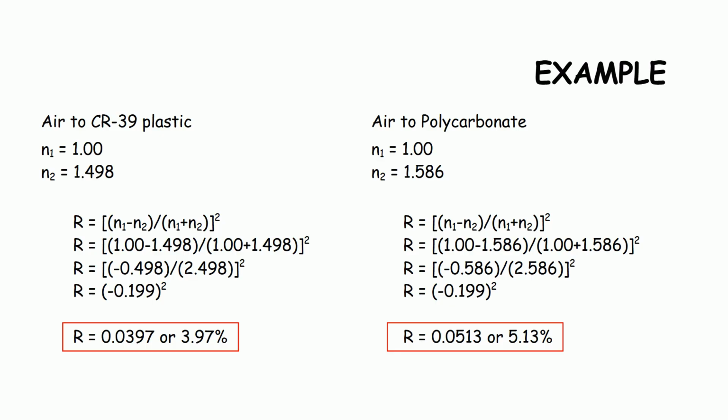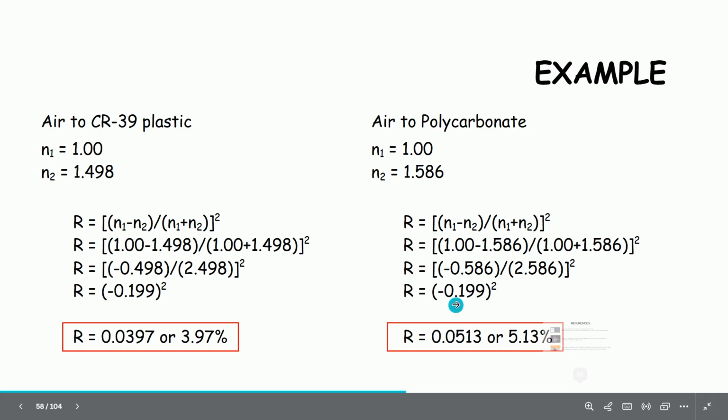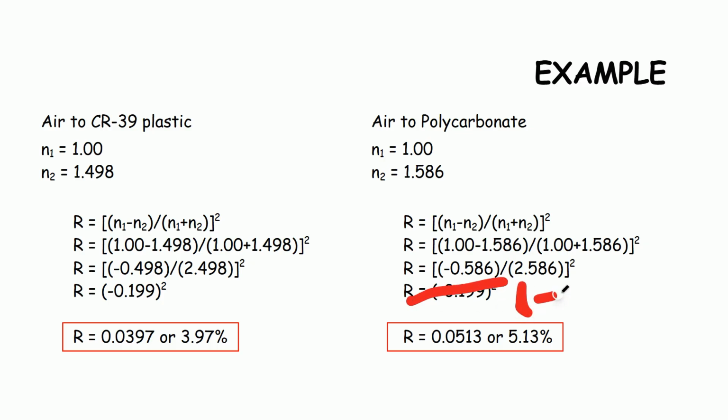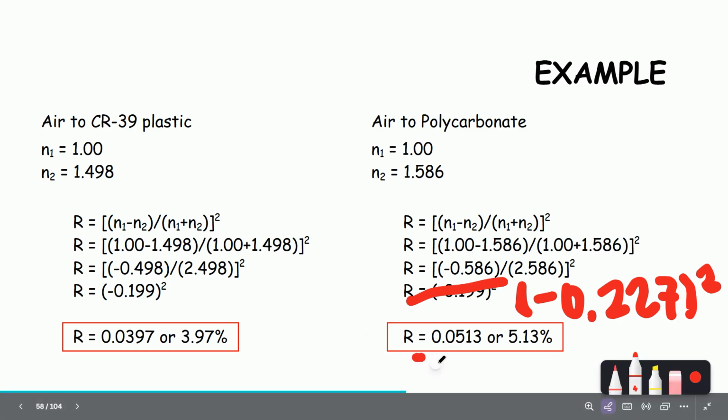So how about polycarbonate? As we know, polycarbonate has an index of refraction of 1.586. The same as what we have done with the CR39 plastic, we'll just have to substitute the values. So let me just correct this. This is not 0.199. This is supposed to be 0.227. So this is supposed to be 0.227 squared. And now we will arrive with the R being 0.0513 or